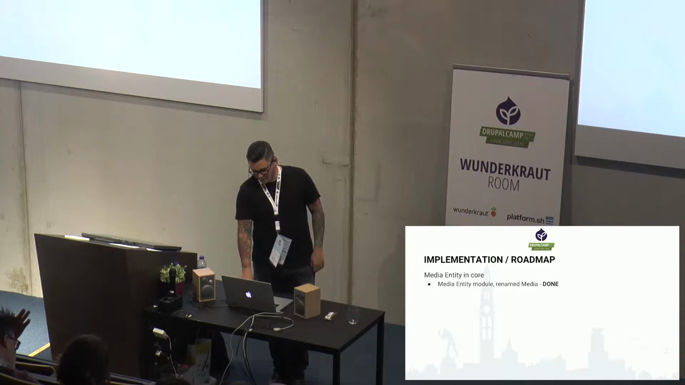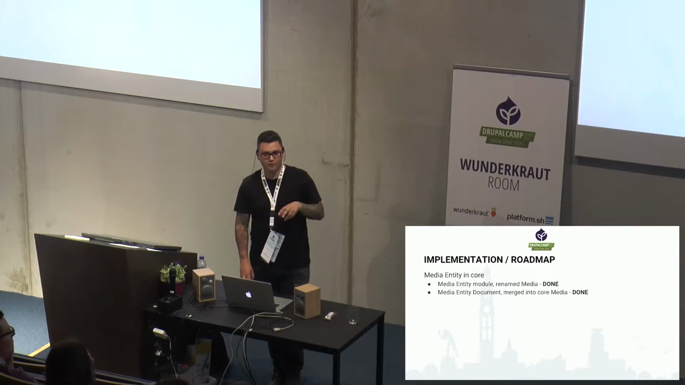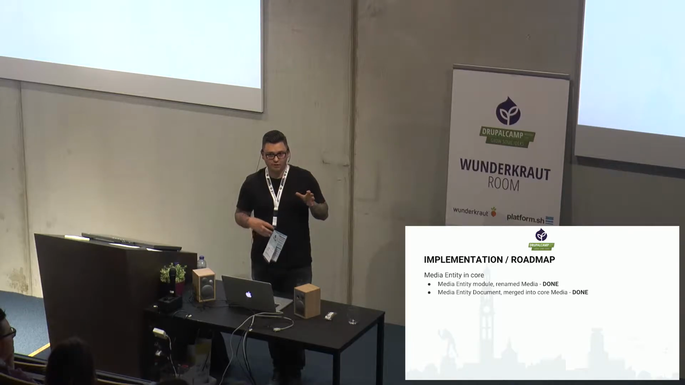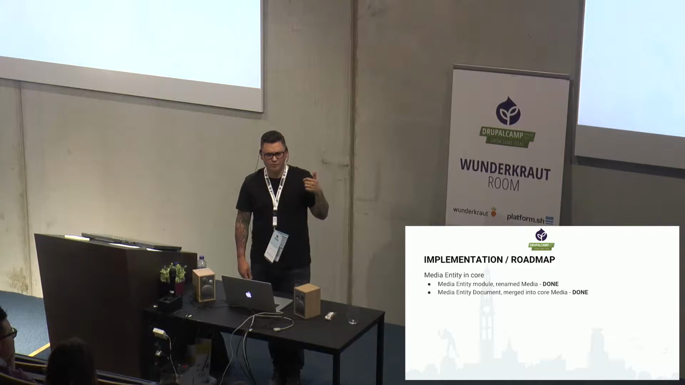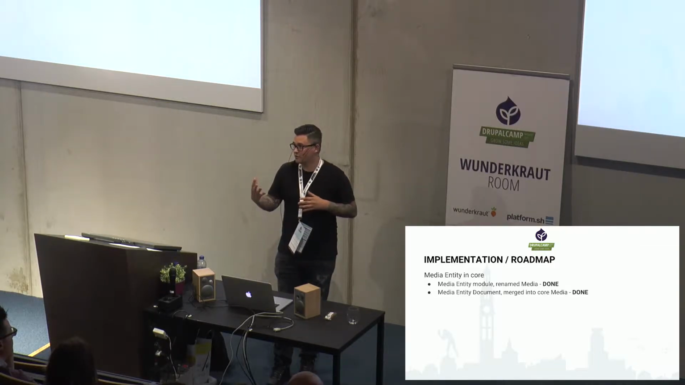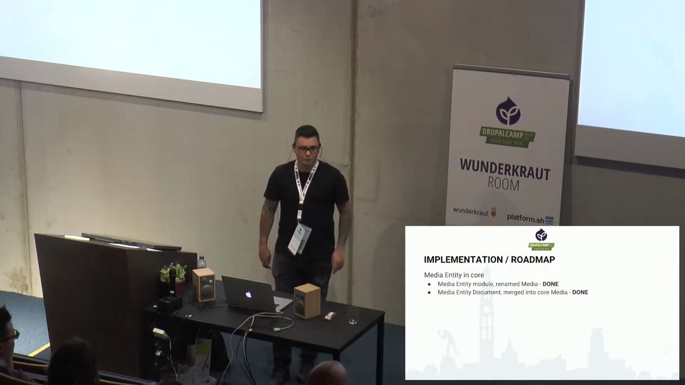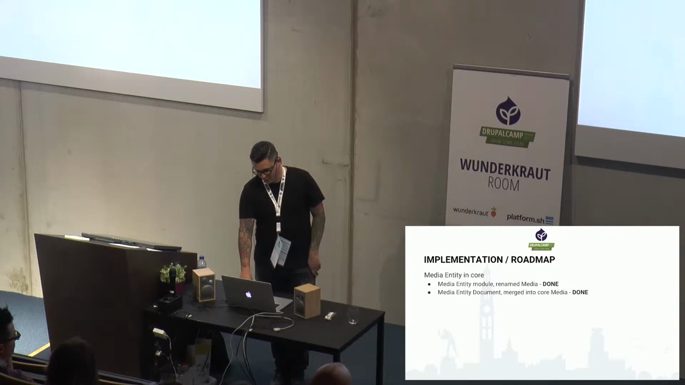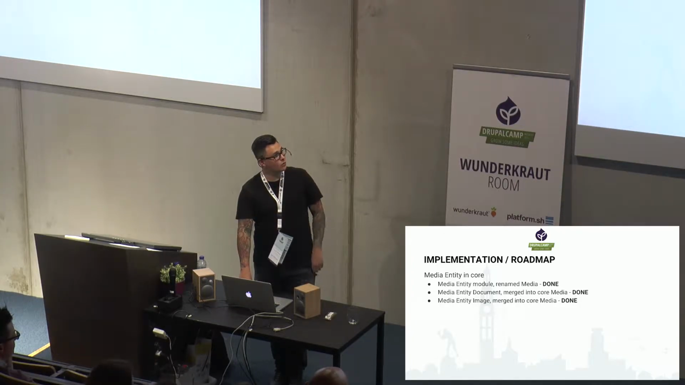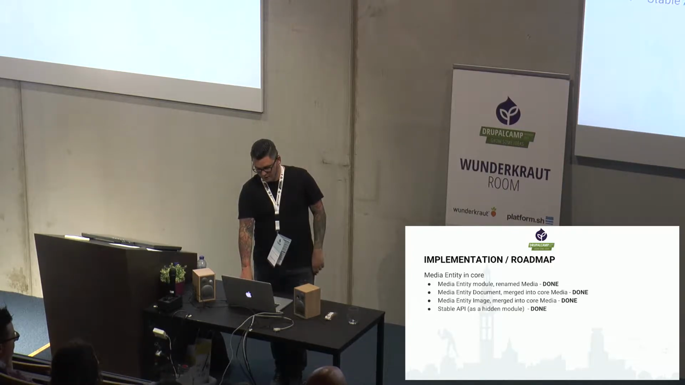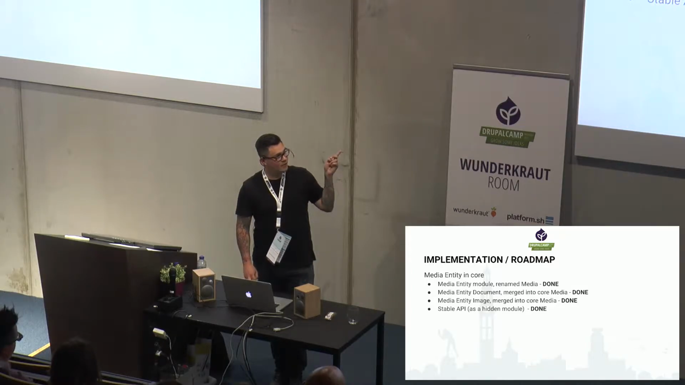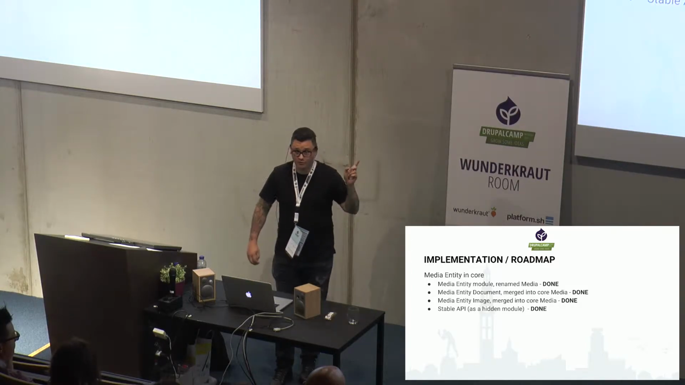So that was media. Media entity document was slightly improved and changed and went into core, not as a document source plugin, but a file source plugin. A more generic way to call it, and not documents, of course. Then the media entity image contrib module went into core in the media module as the image source plugin. And this table API is now part of 8.4, but